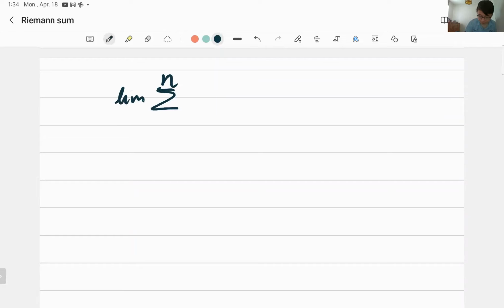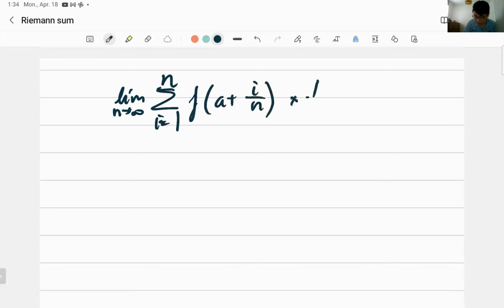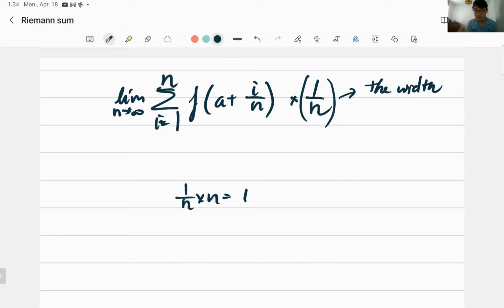So if I find the expression of the Riemann sum, it can start at 0, can be 1, and just say we start at 1. If I write out the expressions, this is the width. Now, if it's 1 over n times n, then the interval difference is only 1 unit. So that means 0 to 1, or 1 to 2,